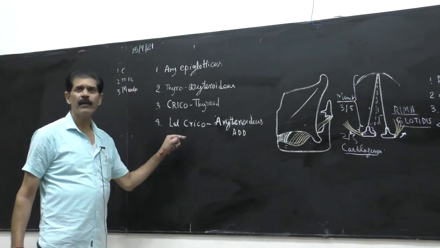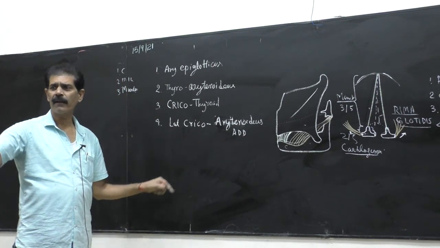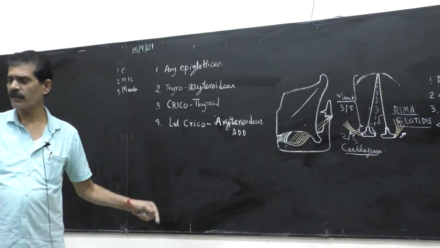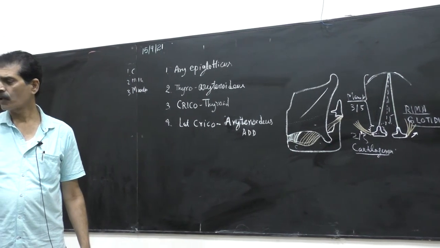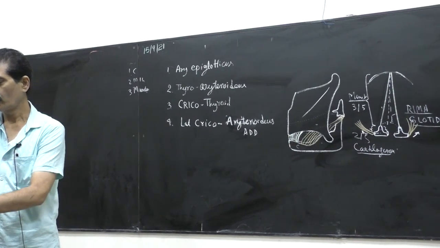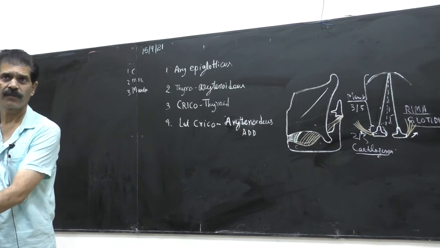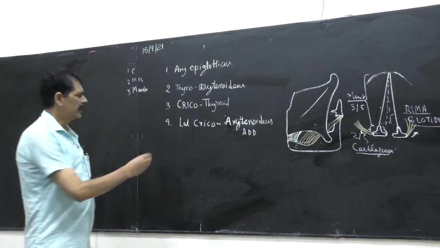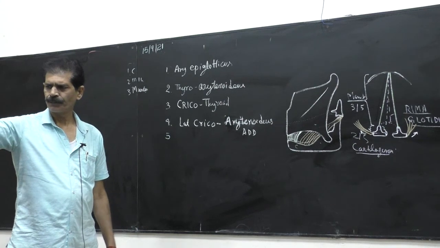So there is only one question on the larynx that is very difficult and frequently asked, that is the muscles of the larynx. There are about 10 muscles you have to write, as a short note, with origin, insertion, and you have to remember the action. The fifth muscle is the